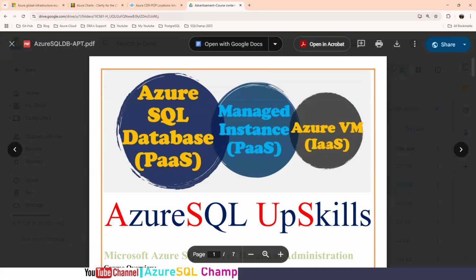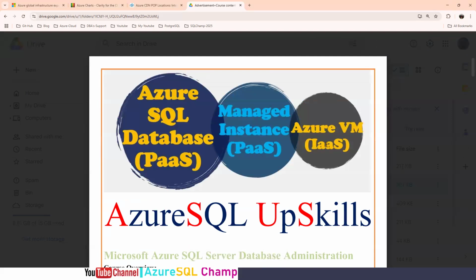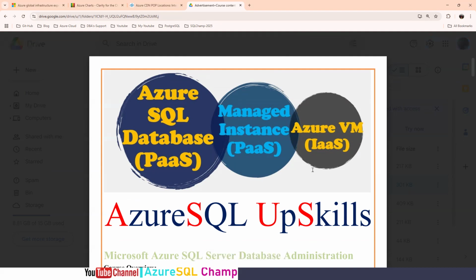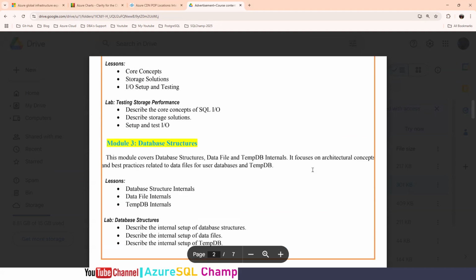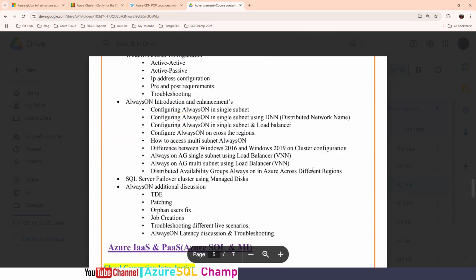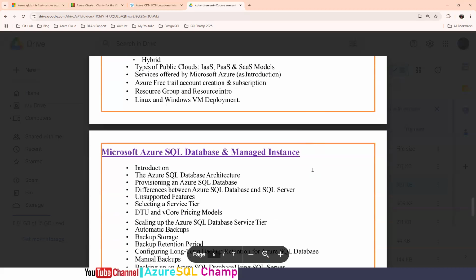Anyhow, IaaS we are going to discuss in terms of clusters, in terms of Always On availability group. So we are going to build the clusters and Always On availability group on top of the IaaS platform only. So no worries about IaaS. Not only clusters and Always On, not only spinning the VMs and the networks, we are also going to discuss the storage account, which is a very important concept in the IaaS platform, storage account and Active Directory.